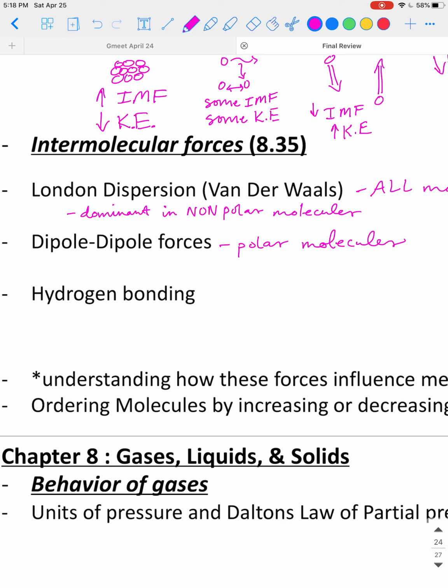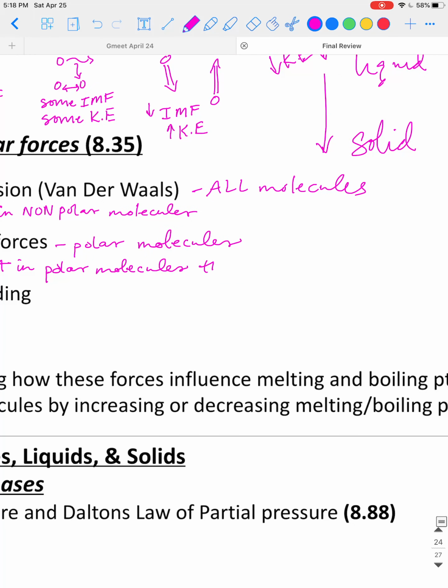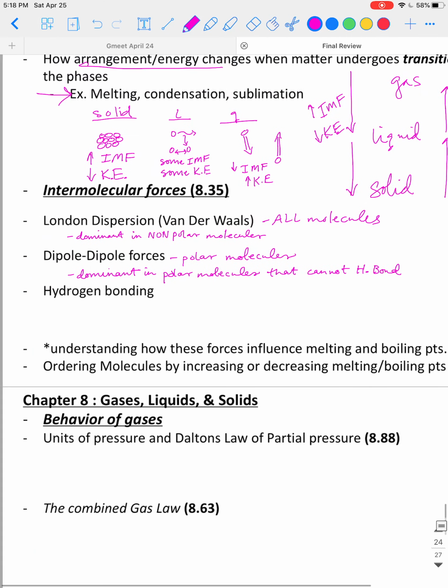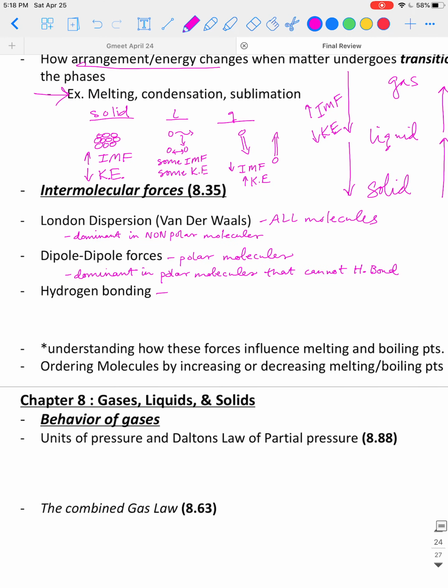Okay, dipole forces, they are present in polar molecules. And they're dominant in polar molecules that cannot